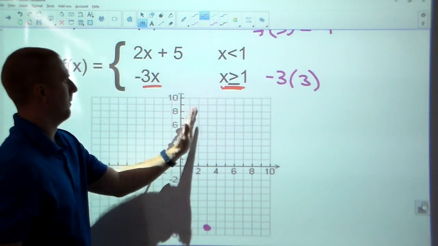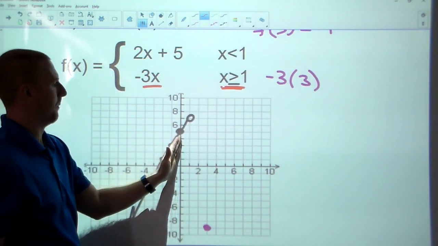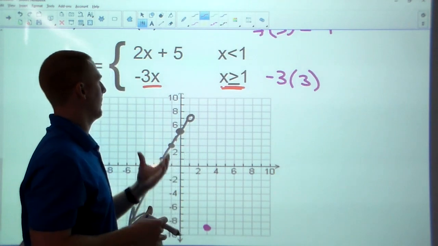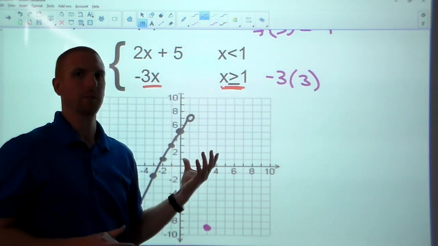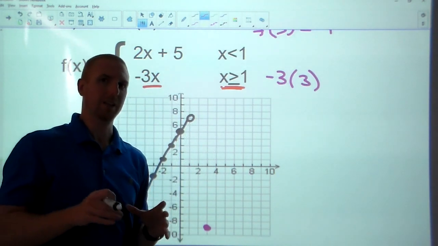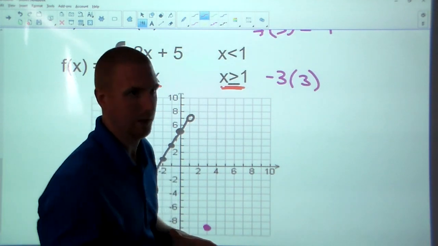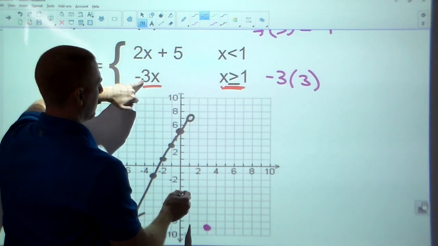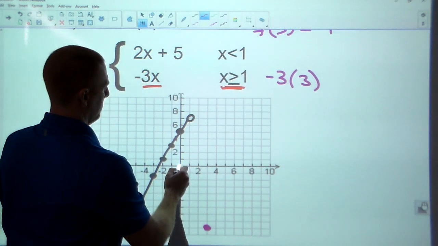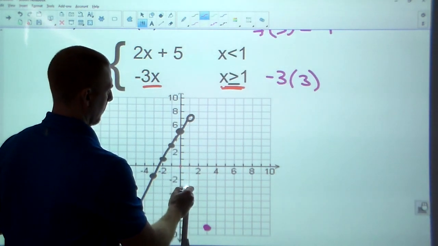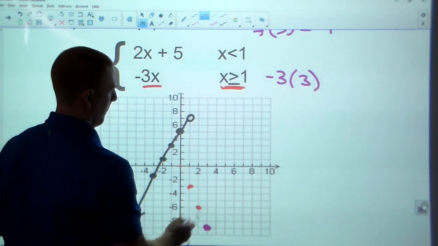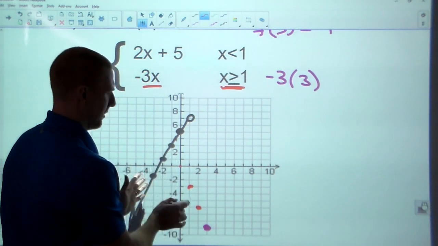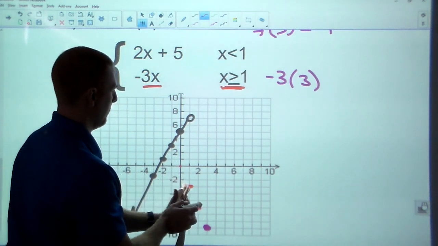Now, if I'm doing something where the intercept won't actually show up on the final graph, I usually go ahead and graph the line like I normally would have, but I do it lightly in pencil so I can erase the points I don't need. So let me do that and I'll show you what I mean. So negative 3x, that would have an intercept at 0, and you would go down 3 over 1 from there on. Okay. Well, nothing that's back this way is going to show up on this graph, only points from 1